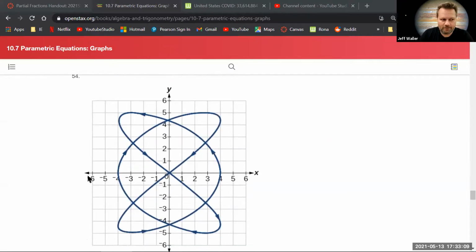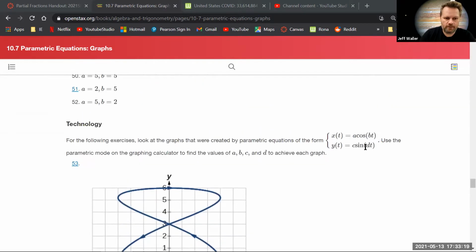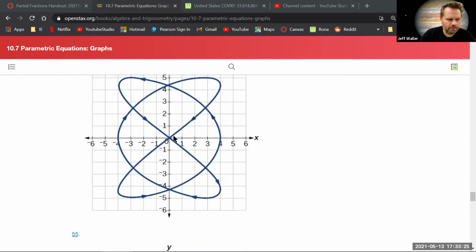So that's pretty straightforward. I can see what X is going between, and I can see what Y is going between. So I kind of know the amplitude of both of those. So that's the easy part. The hard part is figuring out these numbers, right? And they kind of relate to how many, it's not easy to see, but it kind of relates to how many, say it, Jeff, cycles fit within each,